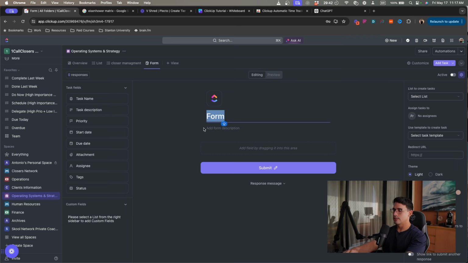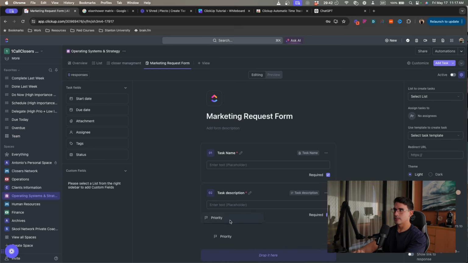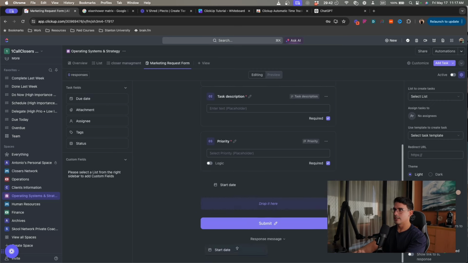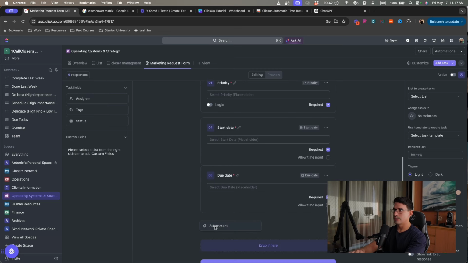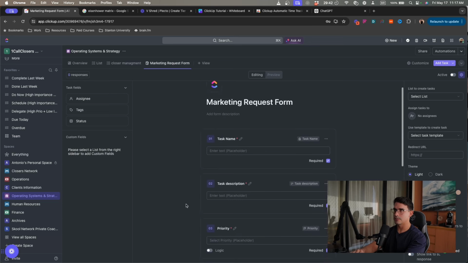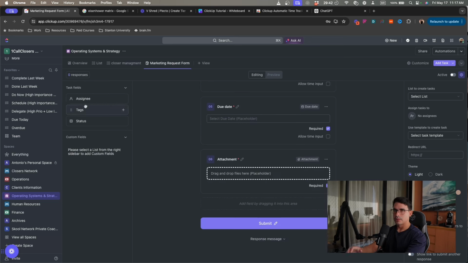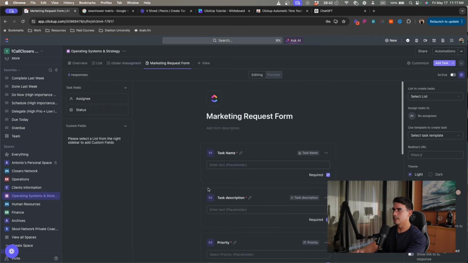You can call it marketing request form, and here you can put the task name, the description, the priority, the start date, the due date, the attachment. If you don't really have a delegation system from the other departments to your marketing department, you can leave this as is. And then imagine you have this, and then you can also create custom fields.